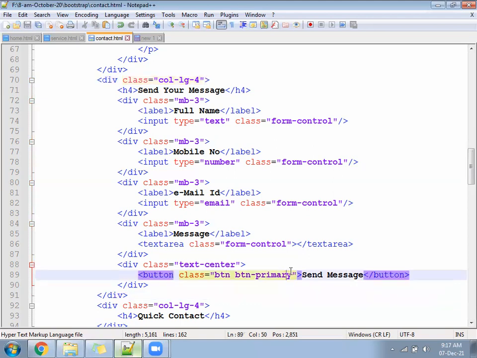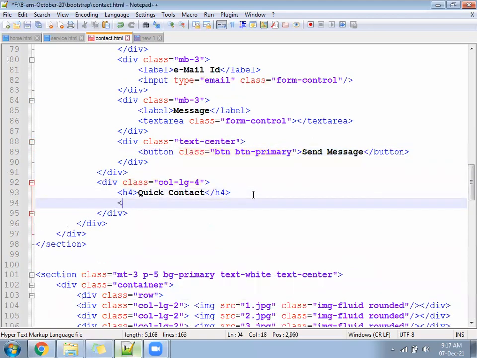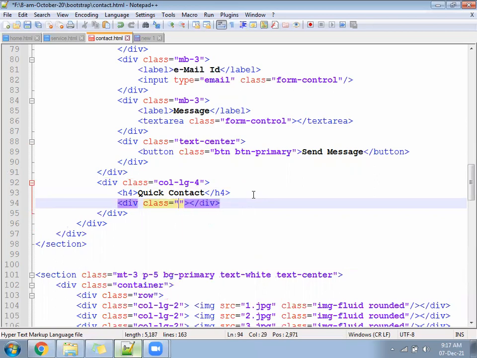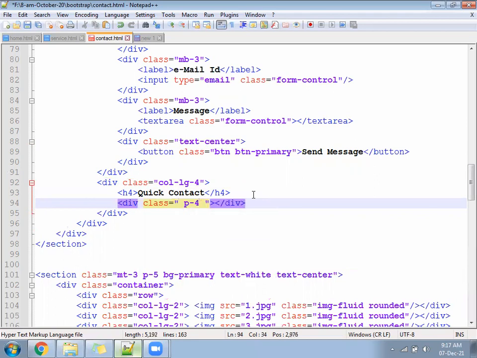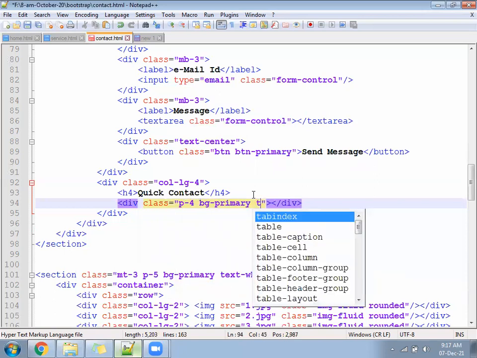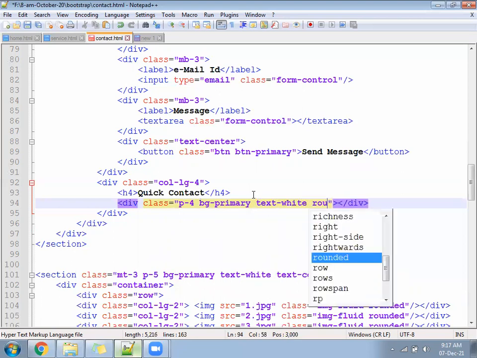Right-hand side, last block. Write a division, class equal to p-4, bg-primary, text-white, and again rounded.